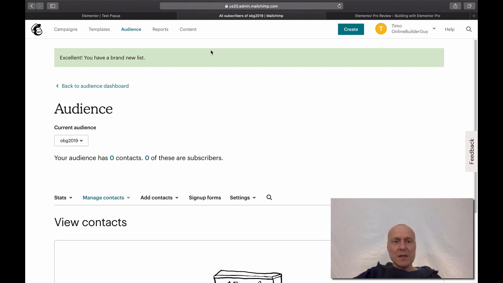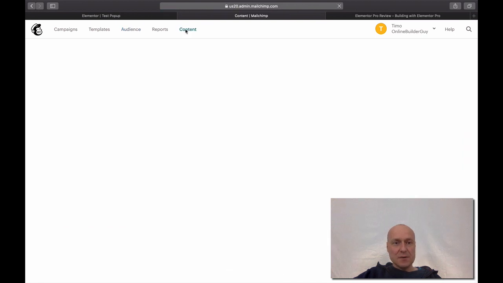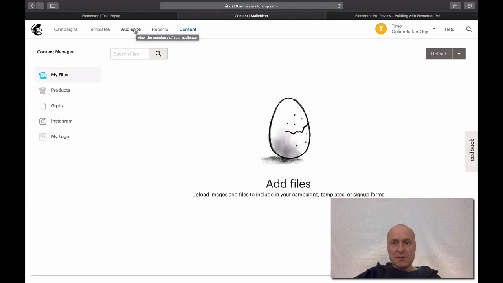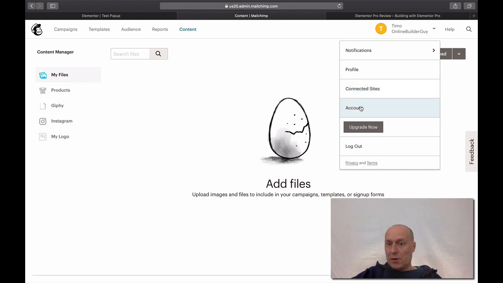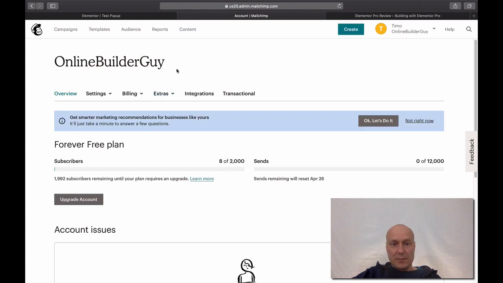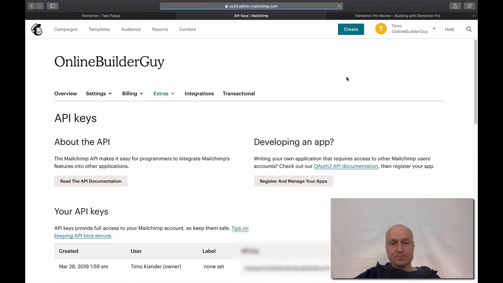So let me go to content. Sorry, I was wrong. Let me actually go to account, and let me go to extras, and here I have API keys. And as you can see at the bottom, you have the API key listed here. So I can just copy this particular API key, and then I will have to go back to my Elementor's settings to actually